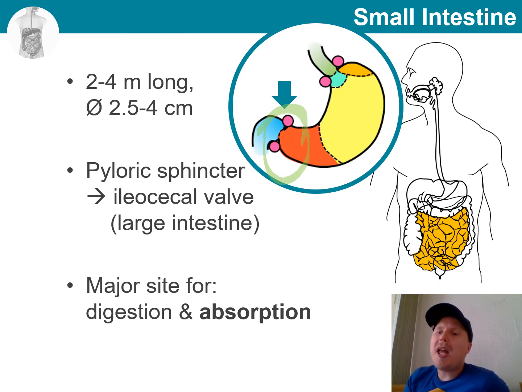And they end where the large intestine starts at the ileocecal valve, which precedes the cecum, the first part of the large intestine. What is especially noteworthy is that the small intestine is the major site of digestion and absorption. Remember, very little of this happened in the stomach because of the acidic environment, preventing activation of many enzymes, a thick mucus layer, and a lack of microvilli, which resulted in limited surface area inside the stomach.